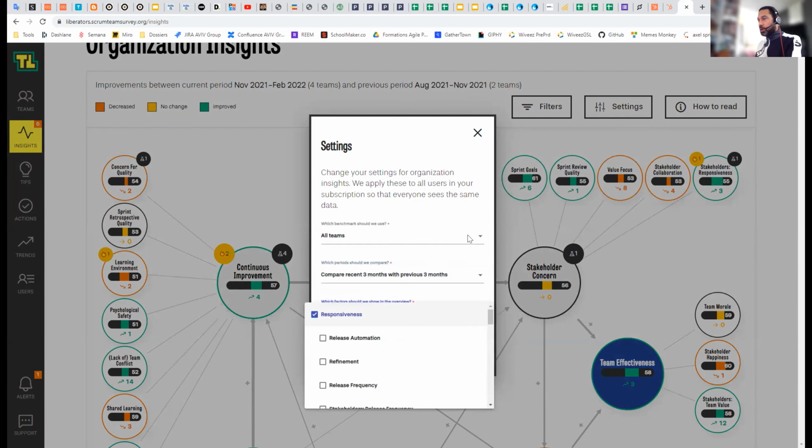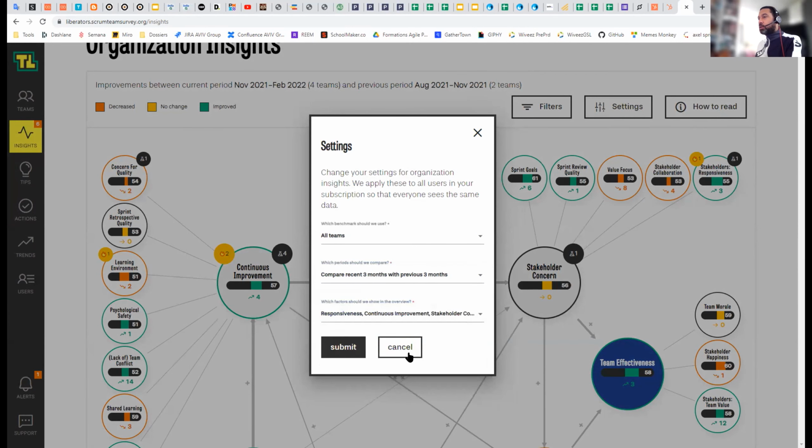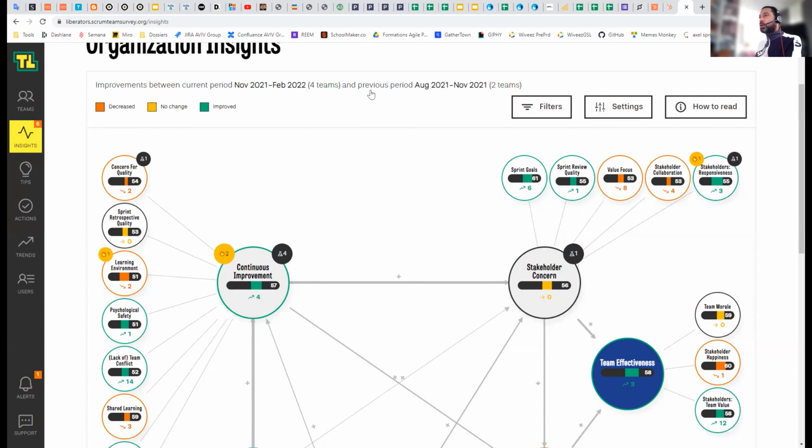Okay, I think I can filter, but what I'm not sure of is, there are some teams that took the survey, I think, in August and in November, 2 teams, and 4 teams in November and February. So I think the graphic accumulates all of this, but I don't know if I can see the 4 teams in one part and the 2 teams in other parts,